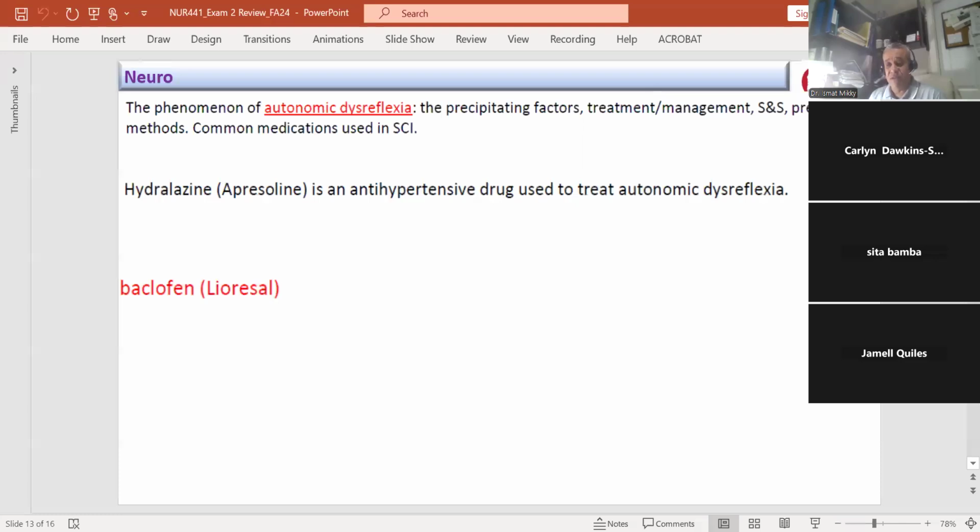The manifestations of loss of sensory and or motor function in spinal cord injuries are due to compression on the spinal cord. Remember that we also recommend methylprednisolone, a steroid or anti-inflammatory drug, to prevent secondary injury and lessen the pressure on the spinal cord within 24 to 48 hours post spinal cord injury, because that's when inflammation is heightened, and we attempt to decrease that inflammation around the spinal cord. So baclofen is a muscle relaxant, and